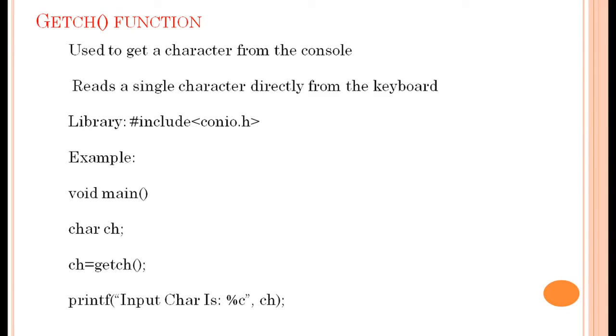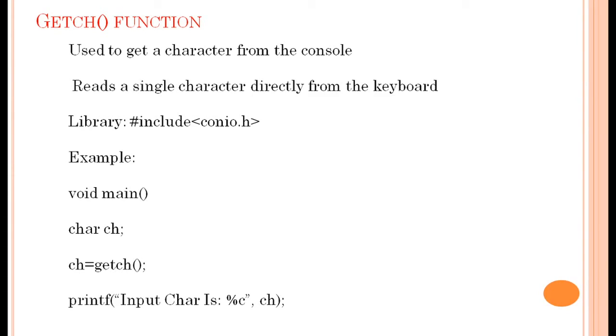So here we declare the variable ch as a character data type, then get a value through the getch library function, store it in the variable ch, and then print the value of variable ch. During the program execution, a single character is read through the getch. The given value is not displayed on the screen, and the compiler does not wait for another character to be typed. Then the given character is printed through the printf function.